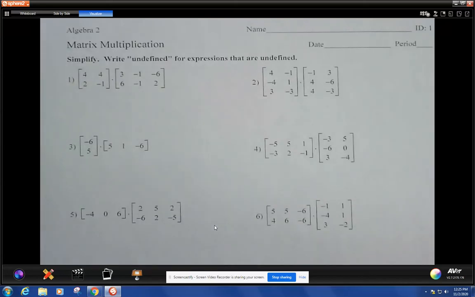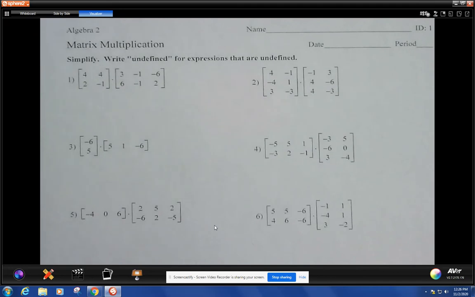All right, guys, today we're going to move on to the topic of matrix multiplication. And I want to start the way we've started with the other subjects of addition and subtraction. Really talk about what are the circumstances that you have to have in order to multiply